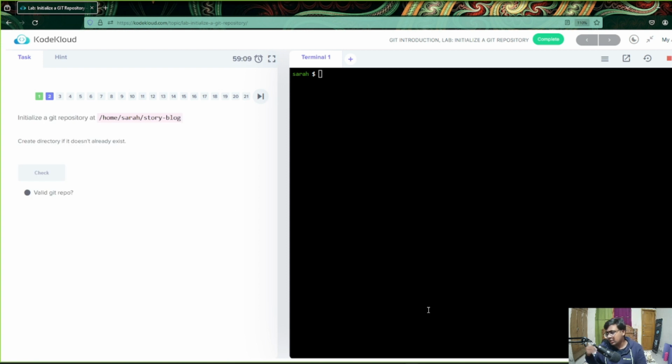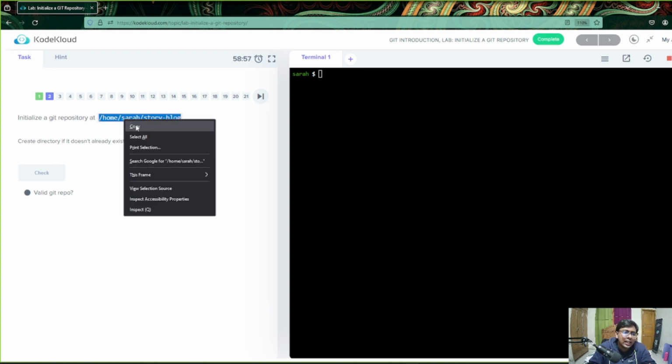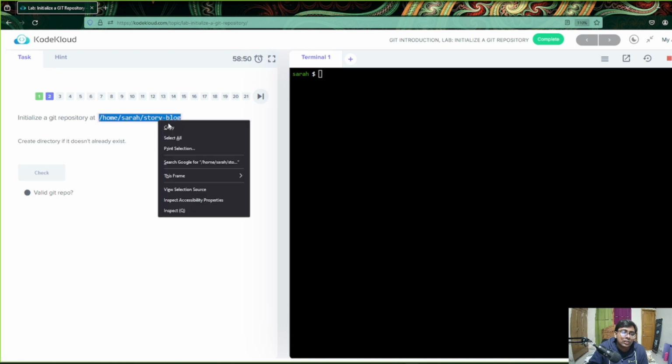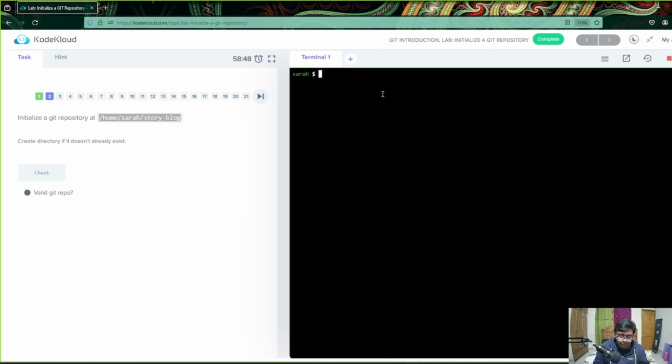In this session, basically you are going to learn about what's happening. I'm going to draw it down in my OneNote, and you will know what are the things happening, who is doing this, who is doing this. There are a lot of things that are going to happen. So it said initialize a Git repository at this location, create a directory if it does not exist. Okay, so basically what I'm going to do,